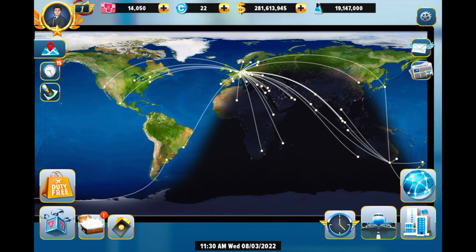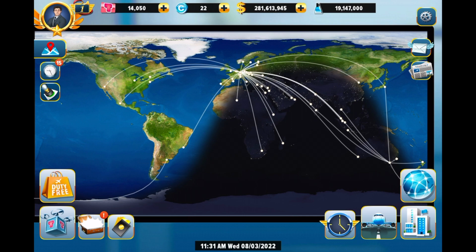As discussed in one of the previous videos, I want to have hubs on the edges now. I started off with the one in the center, that is in Frankfurt, and now I want to have hubs on the edges, that is one in Australia, somewhere in Japan, one in North America, and one in South. So I started off with